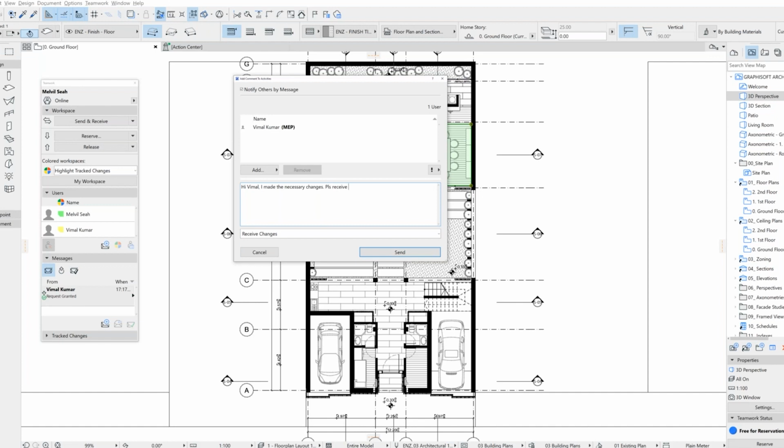Please receive changes so that you can put the necessary furnitures for it. And over here, you can also put tasks like receive changes, or you can just put none. So in this case, I want him to receive the changes, so I click receive changes and I send.